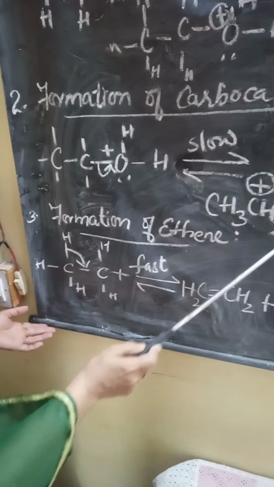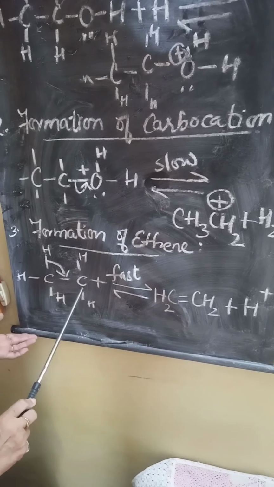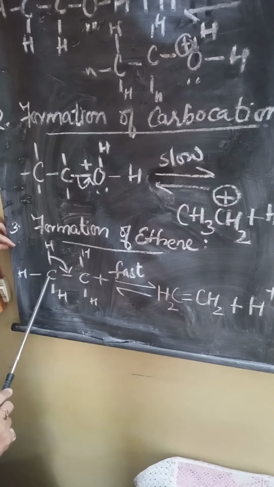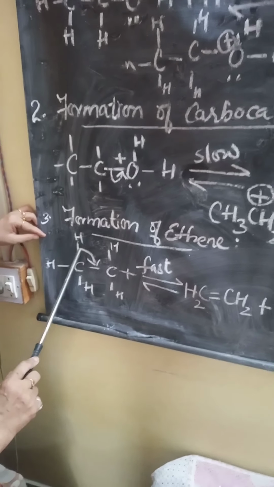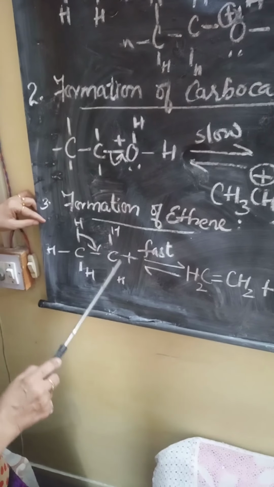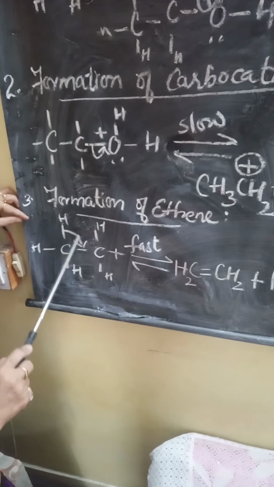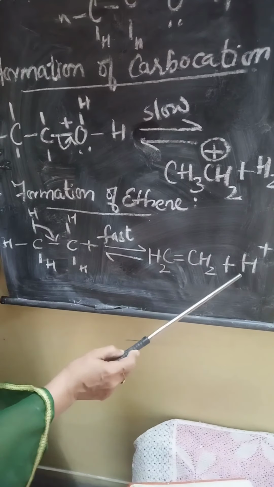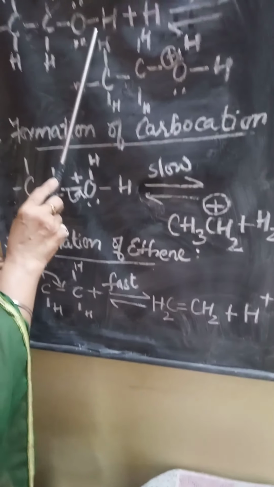This carbocation again is in want of electrons. It is also an unstable state. So it tries to come to the stable state. The carbon-hydrogen bond of the second carbon, that is the beta carbon, breaks. It gives the electrons to this carbon to satisfy the positive charge present on the carbon, thereby forming ethene, and this hydrogen gets liberated. This hydrogen ion which is liberated here is again used up in the first step.